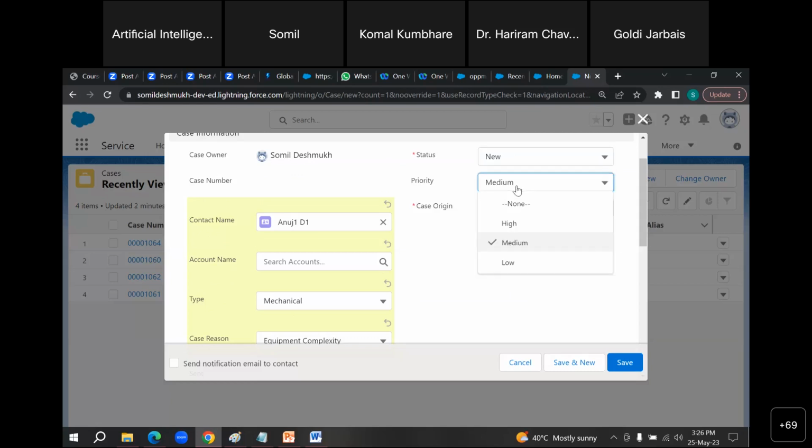Then there is a priority also. So priority depends कि वो क्या कॉम्प्लेक्सिटी लेके आया है. अगर उसका कुछ भी नहीं चल रहा है तो प्रायोरिटी हाई रहेगी. अगर कुछ मैनुअल चीजें है या माइनर डिफेक्ट है बट वर्किंग हो रहा है तो आप मीडियम दे सकते हो या लो दे सकते हो. तो ये सब कुछ आपका सपोर्ट टीम देगा.